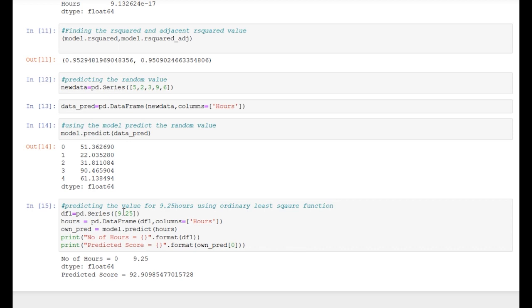Other than this method we can use the train test split method, where we train the data with random values, and we give the test size as 0.4, so it will take a test size of 0.4 and the remaining will be training data. After that we simply predict with the model and we will get the required value which we want.